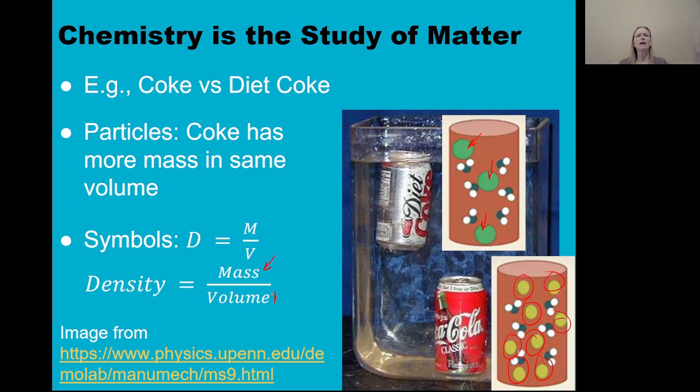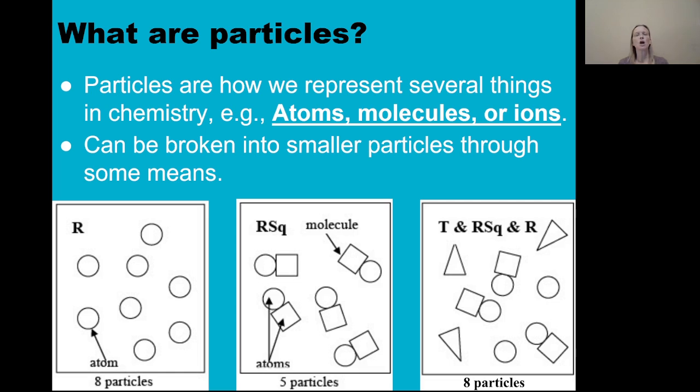So this is how we can, again, make observations macroscopically, talk about what's happening at the microscopic level, and then symbolically represent what's going on. So before we move too far ahead, we should talk about particles and what particles are. So particles can mean different things in different situations. Particles could mean atoms or molecules or ions, and